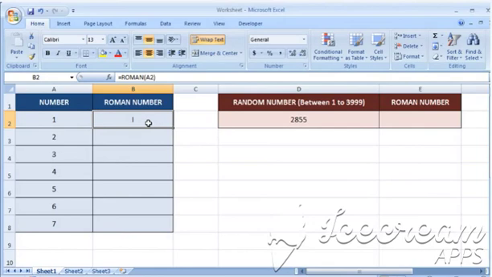Now to get the conversion results of other cells having Arabic numbers, hold the corner of the current cell and drag it down. You can convert numbers only up to 3,999. For demo purpose, here we will convert